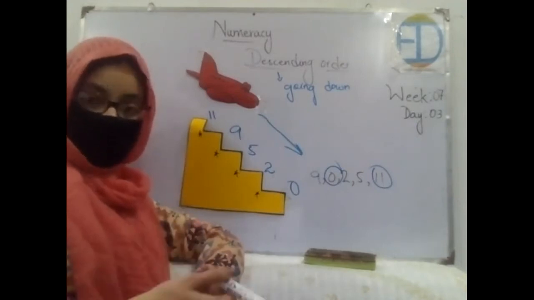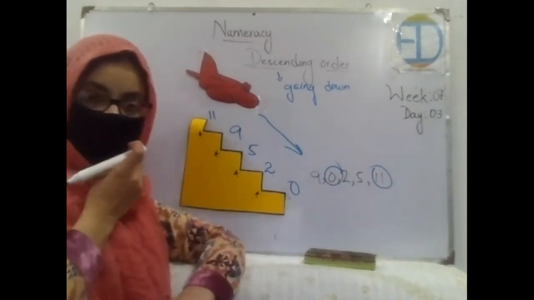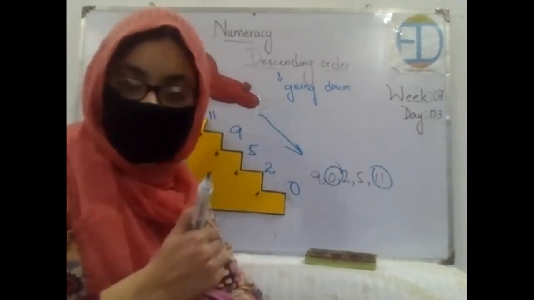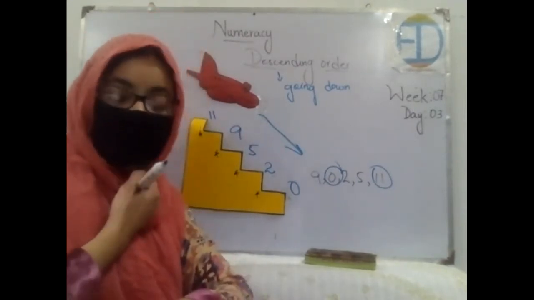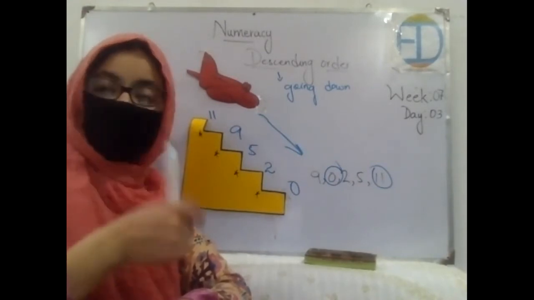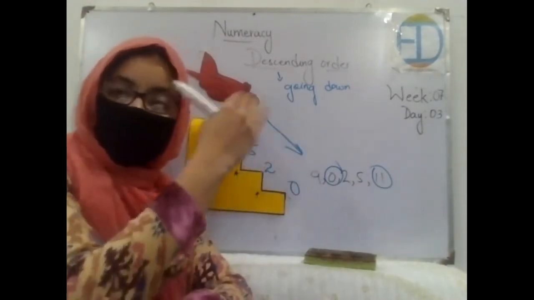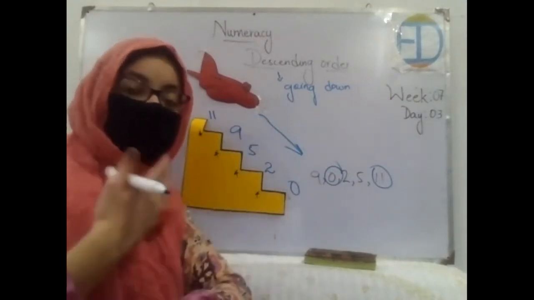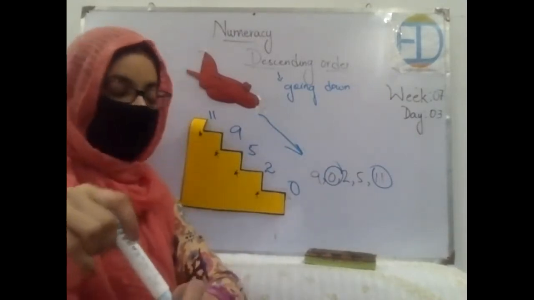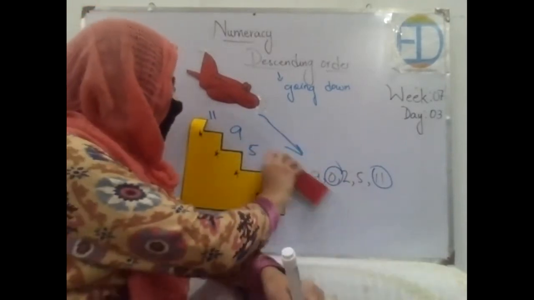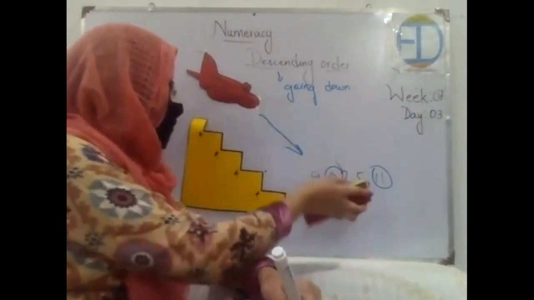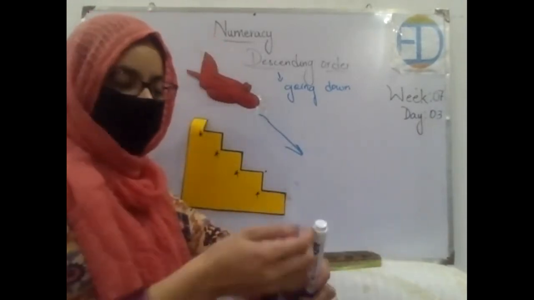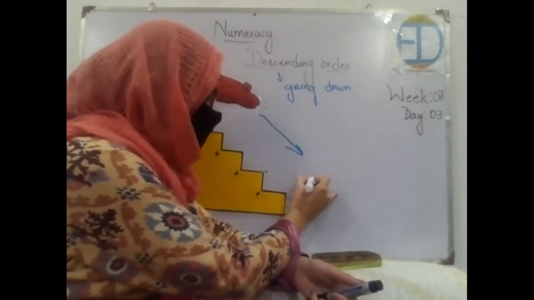So what are we practicing? Descending order or decreasing order, because descending and decreasing are the same, right? And what do we do in this order? We start from the highest number or the top, and then we move towards the bottom, the lowest or the smallest number, right? So let's do the practice with another set, and then we will start practicing the exercise in your book. Okay, so the last numbers are,